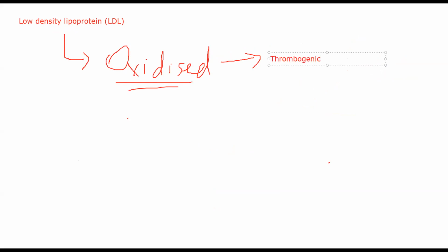That material which it contains, the cholesterol material and its structure itself, is very thrombogenic. It can easily form clots and it can trigger inflammatory processes. This oxidized LDL specifically is generally seen in cigarette smokers. It is seen in people with diabetes mellitus. It is seen in patients who have insulin resistance. So in all of them, you will be able to see oxidized form of LDL occurring in excessive amounts, leading to the formation of atherosclerosis. That is why cigarette smokers have a very high risk of forming atheromas and atherosclerosis.